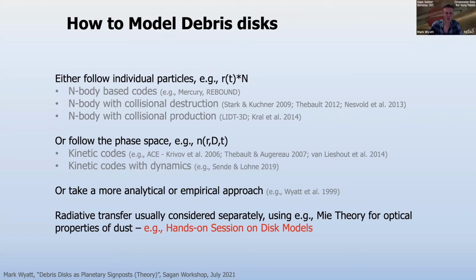And I'm not expecting you to understand the distinction between these in this talk. It's just to point out that there is not going to be one model that can explain everything. And if you see a theoretical result, then it will likely take on a subset of physics and be applicable to a certain type of observation.